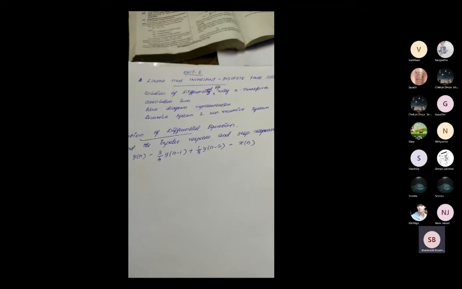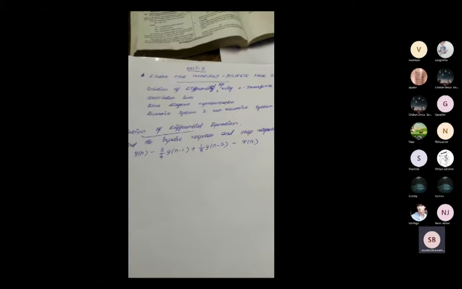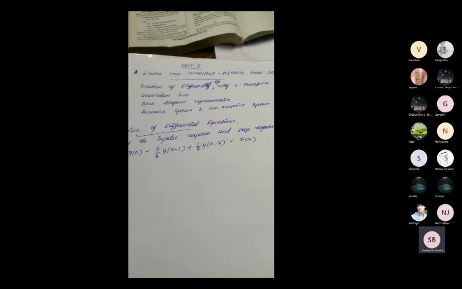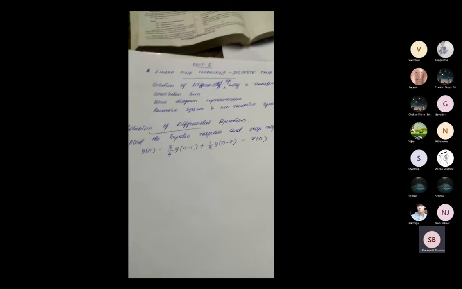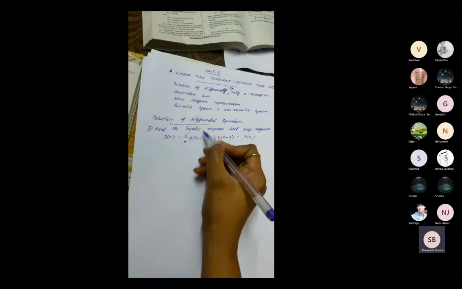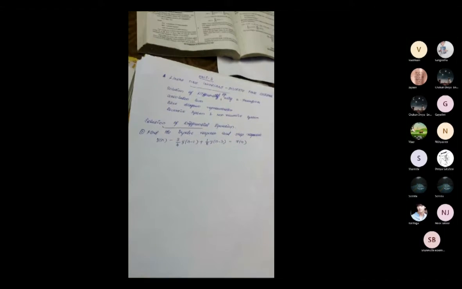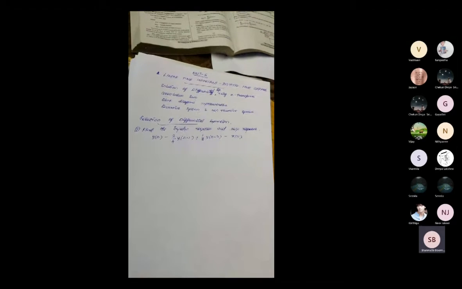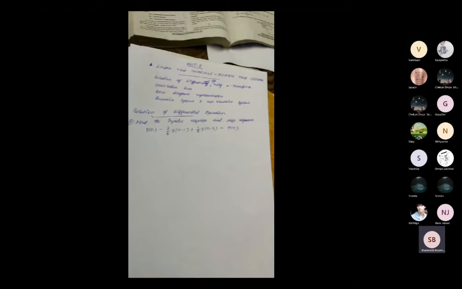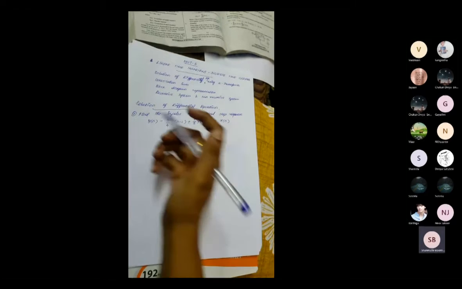Only in the second and third units we represented signals with t. We follow the same method here, but all signals will be with respect to n, because this is a discrete time signal. So for an impulse signal, use delta of n. For step response, what is your input? U of n, ma'am. Clear? Now we will start the problem.